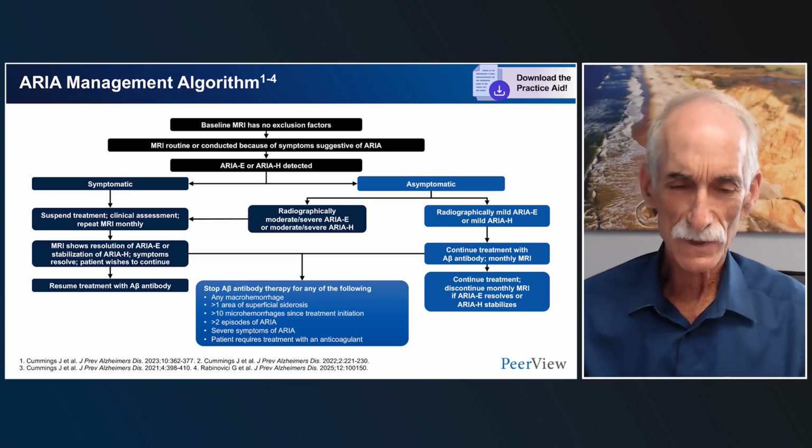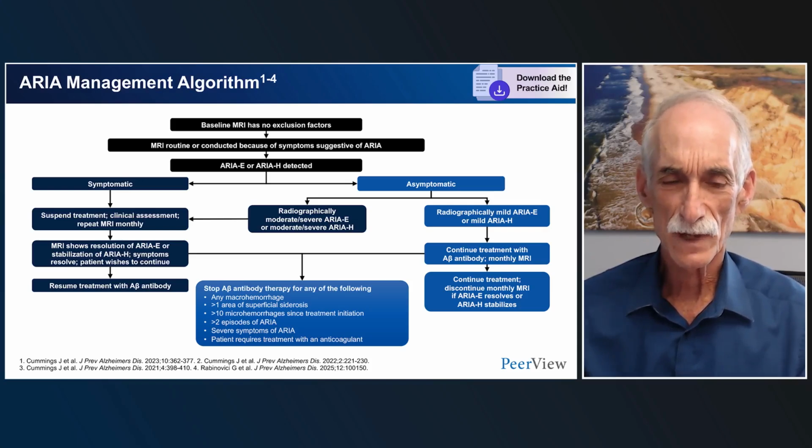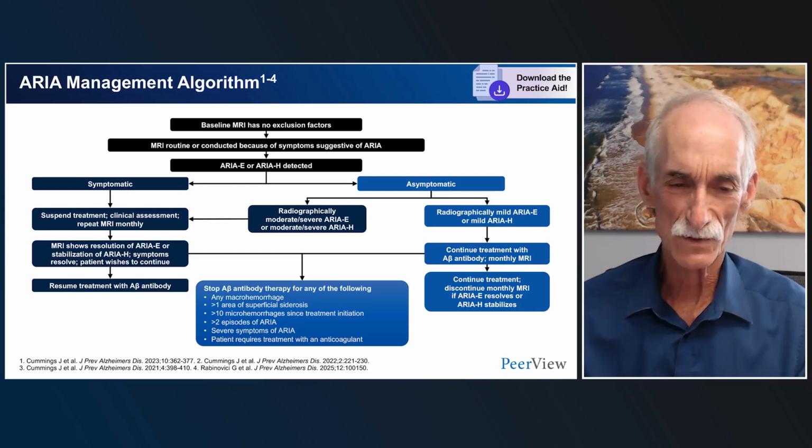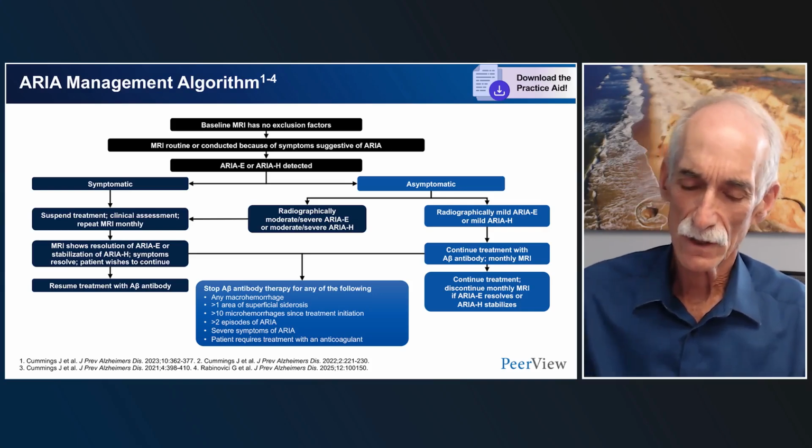So the informed consent and the risk-benefit profile is really an ongoing discussion with the patient and the family, depending on the circumstances and the evolution of their clinical course. Now, there's guidance about when to stop treatment. If the patient has a macrohemorrhage, multiple areas of superficial siderosis, or more than 10 microhemorrhages, you have to be very careful, as well as in patients with more than 2 episodes of ARIA, severe symptoms of ARIA, or patients who now require anticoagulant treatment. These should all be cautionary